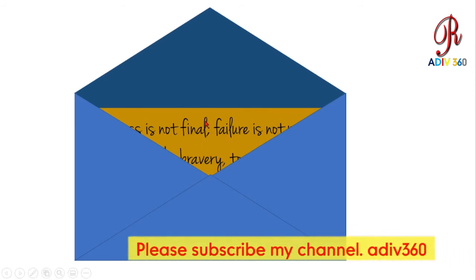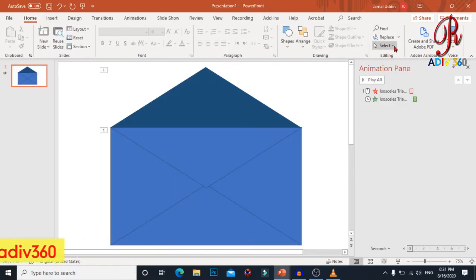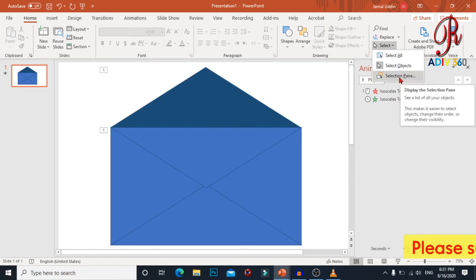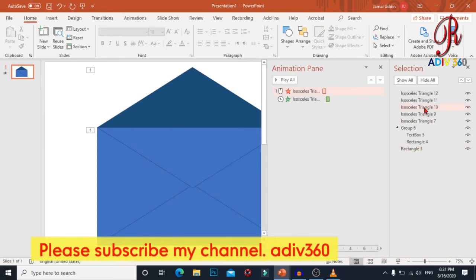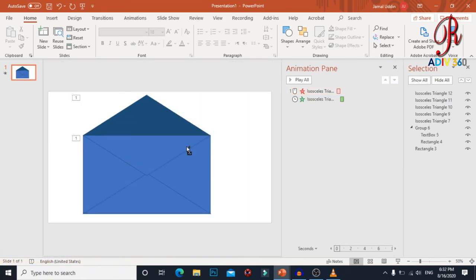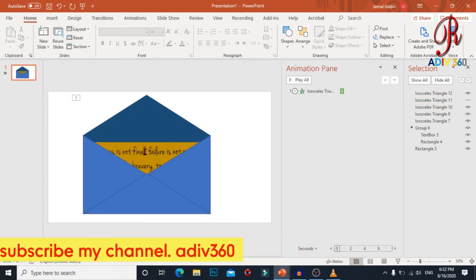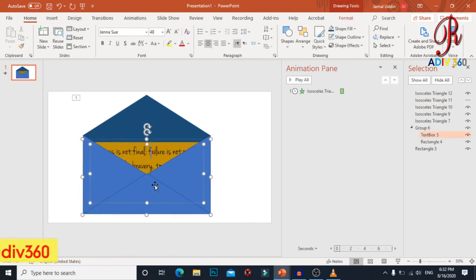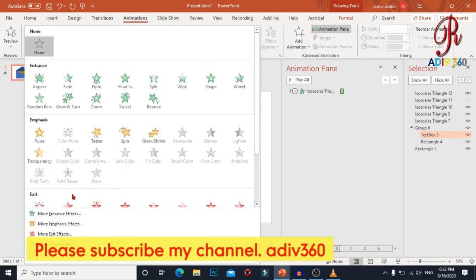The next step is to pull out the card. Now the card obviously is not visible to you. So we need to go to Home, go to Select and open the Selection Pane here so you can see everything. And let us click on this flap and you can see now the flap name is here. Let us click on the eye icon here and therefore now the flap is not visible and you can see the card. Let us select the card and apply the motion path so that the card can pop up.